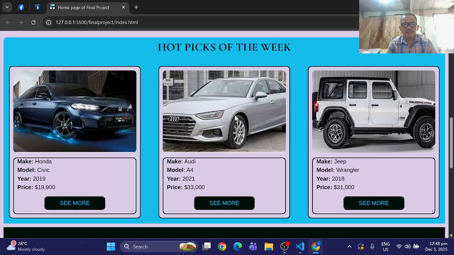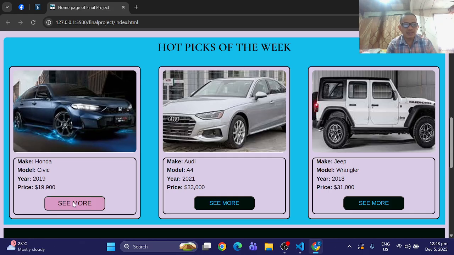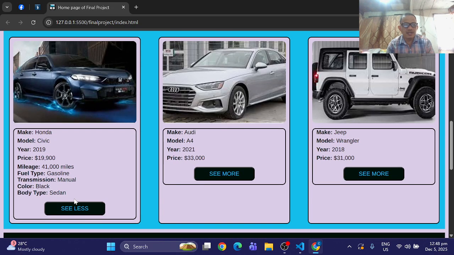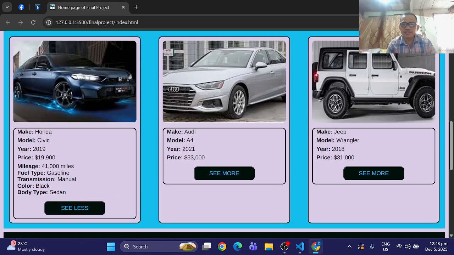I have three cards here with the name of cars, make and model. Like here, make is Honda, model is Civic, year 2019, and price is 19,000. If we click the see more button, then other specifications will be seen.